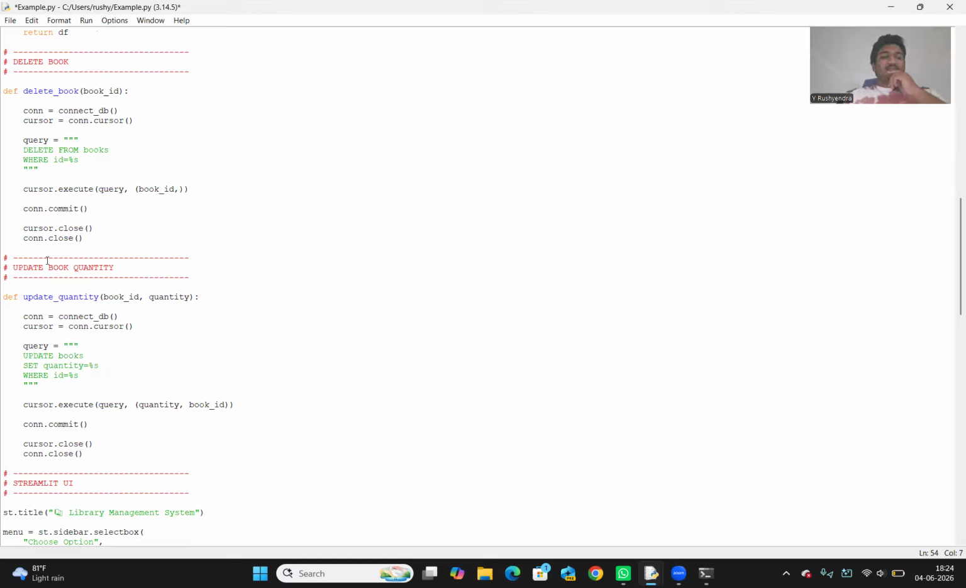Next is update, and as you can see here, you can update any quantity. For updating books, I only gave that function so that you can only update the set quantity. So if you put a book at a certain quantity, then when you give away the books, the quantity reduces. So I gave the update book quantity